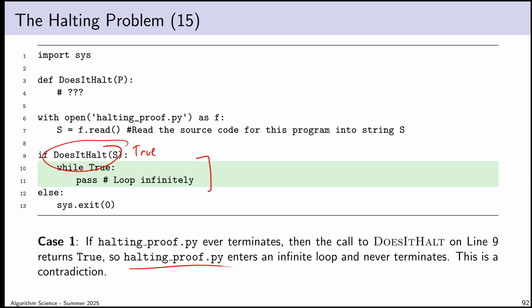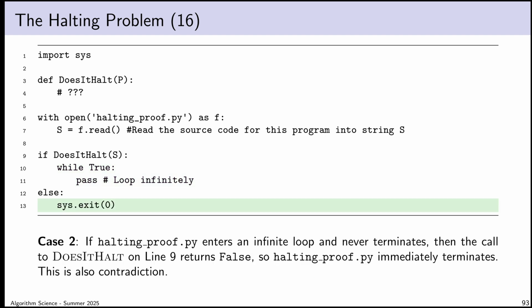So the effect of what I've just said is that if haltingproof.py ever terminates, then haltingproof.py enters an infinite loop. Well, that's obviously a contradiction. Okay, so case one gives us a contradiction. What's case two? Well, case two is the situation where does it halt returns false, which is going to correspond